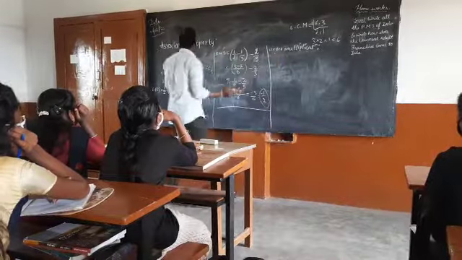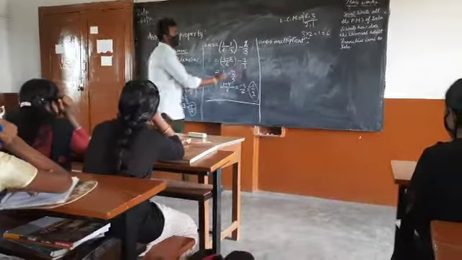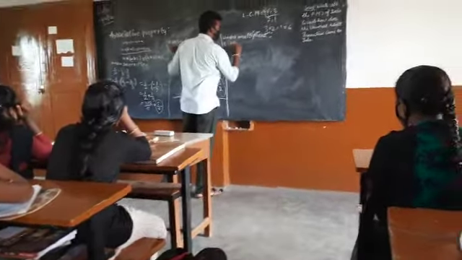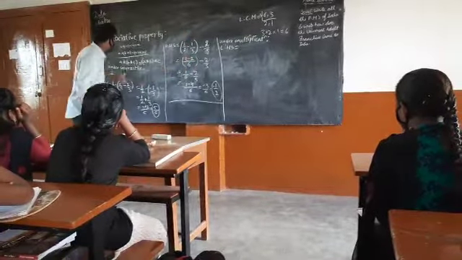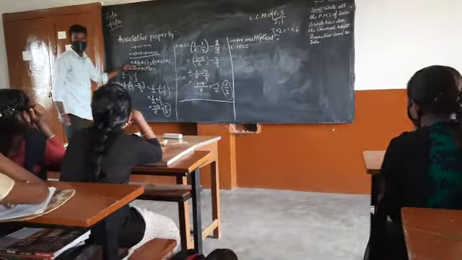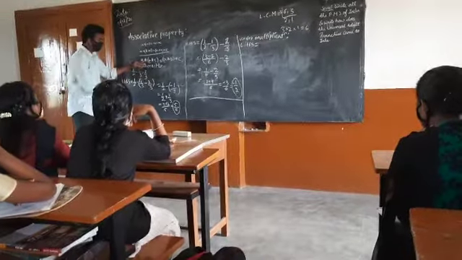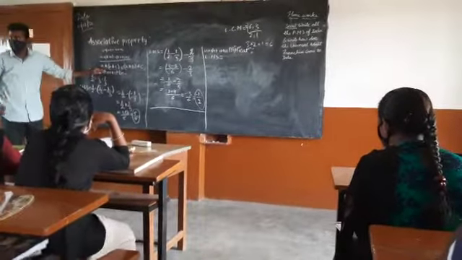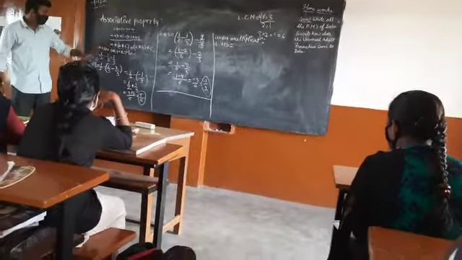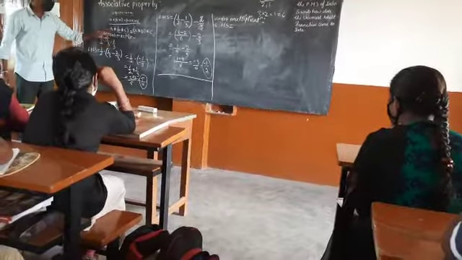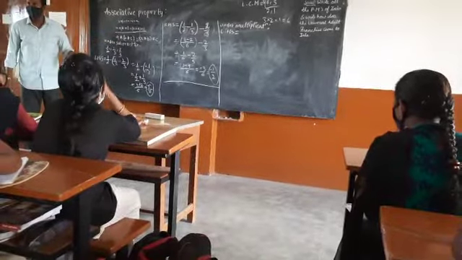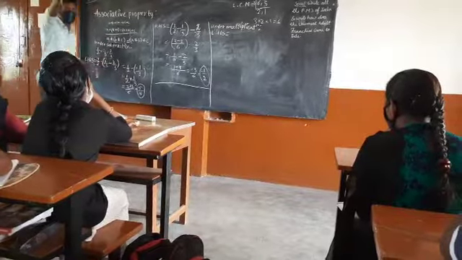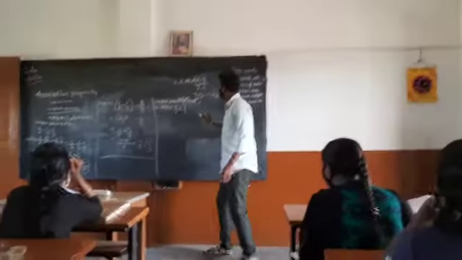So LHS, how does the LHS look like? Can anyone tell me how the LHS looks if we apply this operation? It is simple. Replace the stars with the multiplying symbol and use 1 by 2, 1 by 3, 2 by 3 in the place of A, B, C. Can anyone tell me? 1 by 2 into 1 by 3 into 2 by 3.